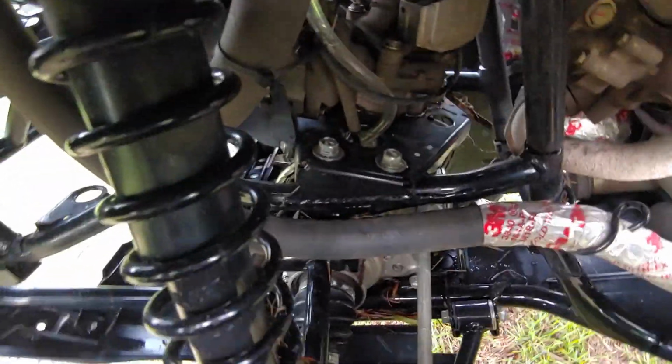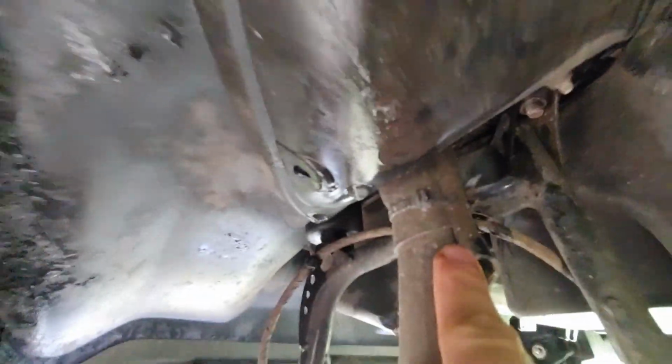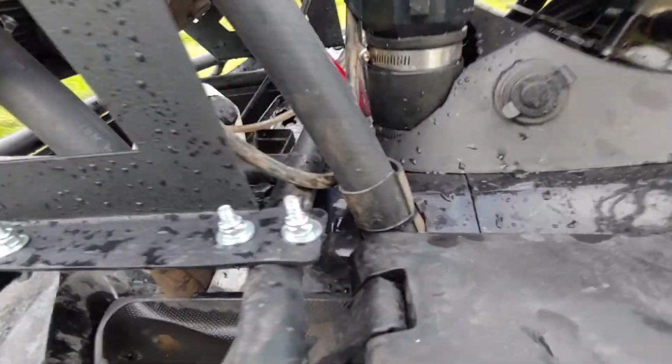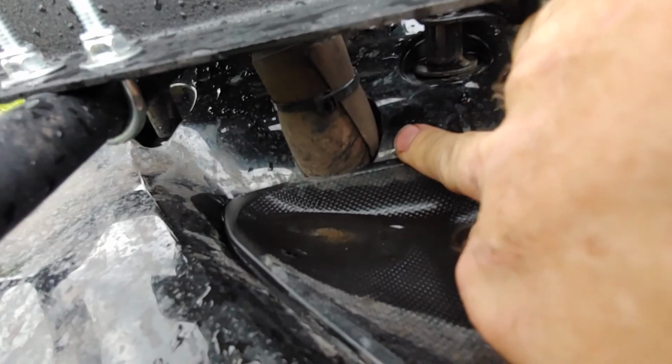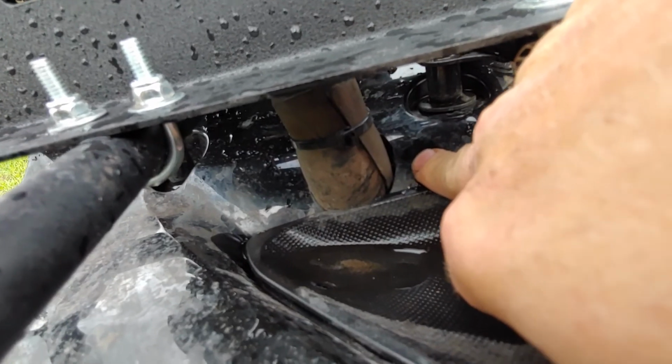And let's see, this to show you. Okay, it goes in down here, right there. You can see the hose goes in one whole piece. I ran it through here, up through there, and then up through here, through the bottom, and in the radiator. Now, one thing you're going to want to do probably is where this hose goes in, where you can see when you make the cuts here. I'm sorry. When you make your cuts here,